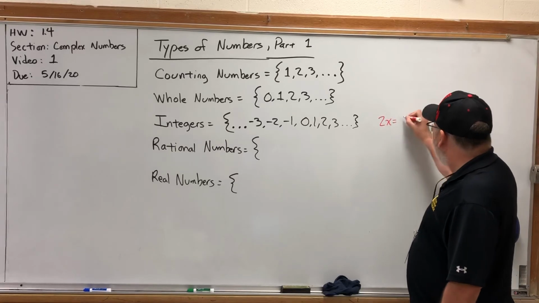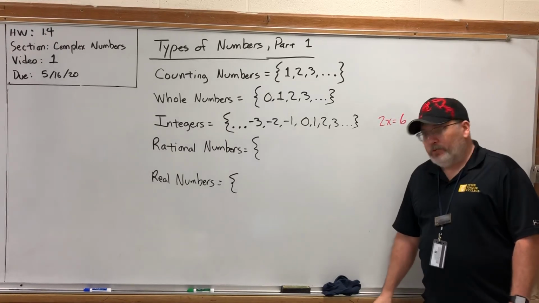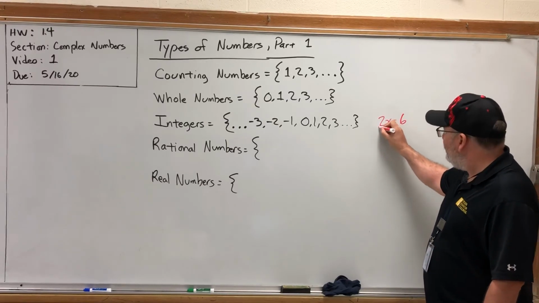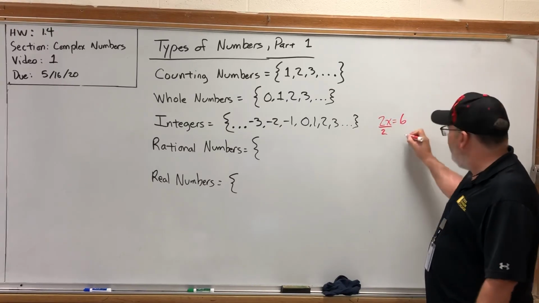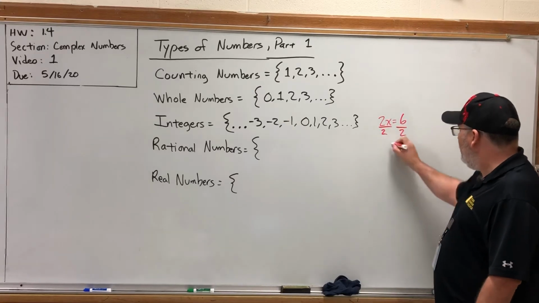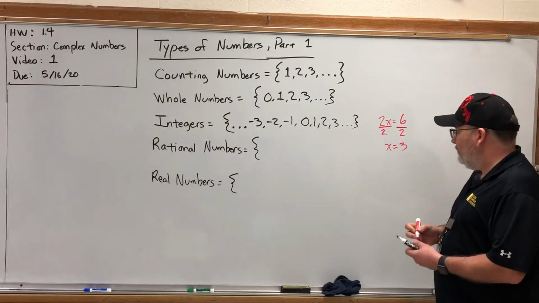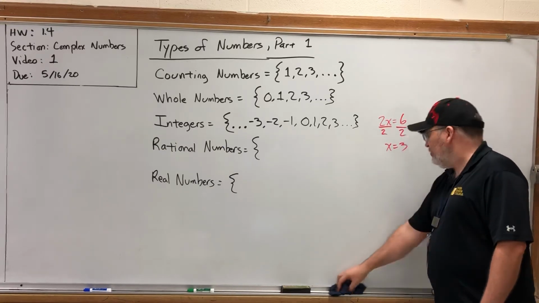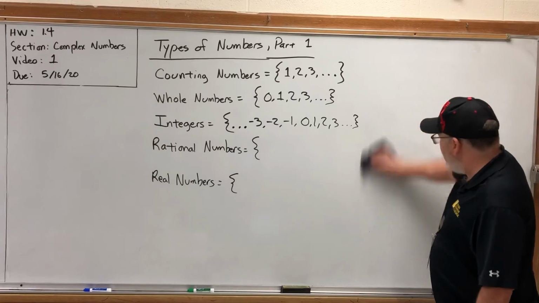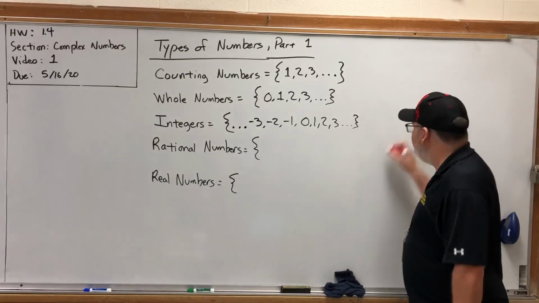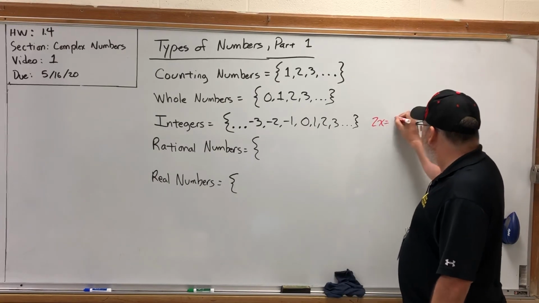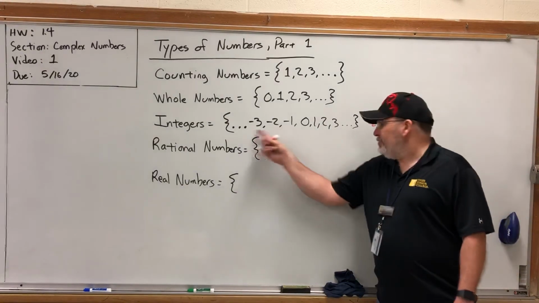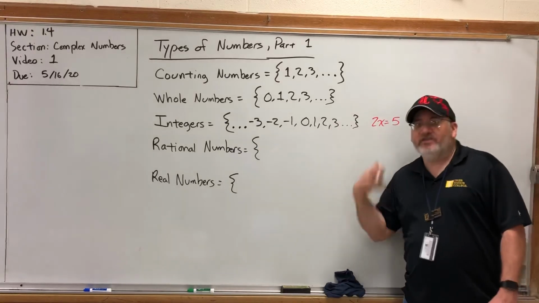If we had something like 2x equals 6, 2 times x equals 6, I think most of you know, or rather most of you should know, that a move to solve this is to divide both sides by 2, which would give us x equals 3. Look, we made an equation with integers, and the solution is an integer. But can you think of an equation with integers whose solution isn't? How about instead of 2x equals 6, about 2x equals 5? There's no integer that when you double you'll get 5, but does that mean this has no solution?